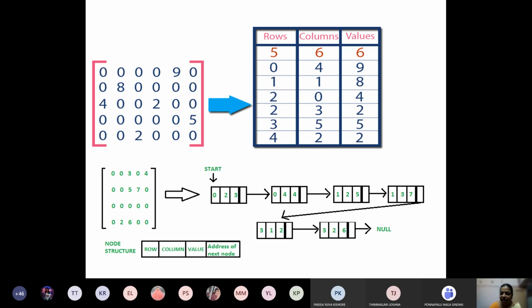Only these 2 functions, create and traverse, and the structure.